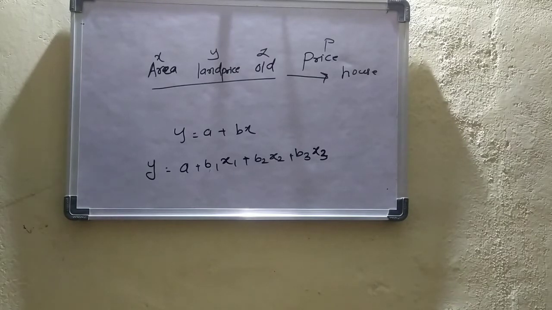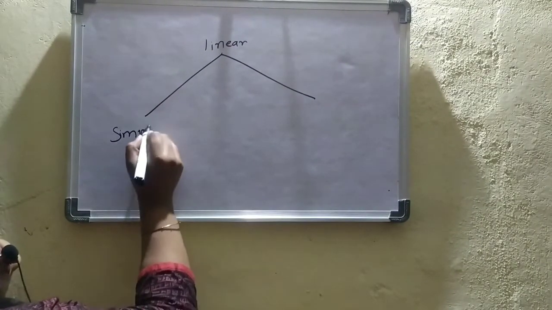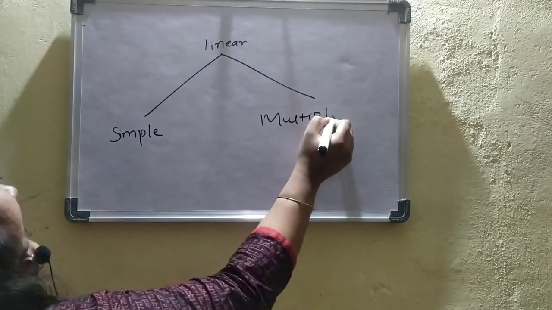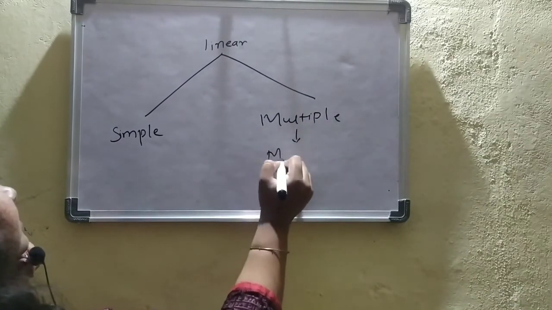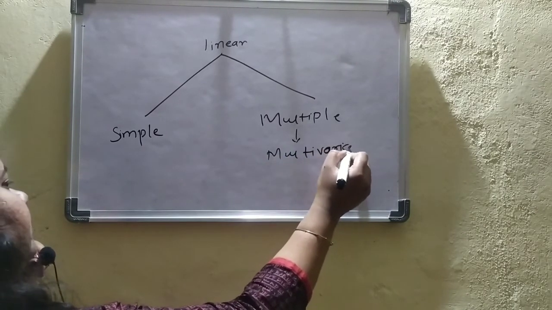So these are the two different formulas when we deal with regression, that is simple linear regression and multiple linear regression, that is multivariate regression. I hope you are clear with the idea of how to calculate simple linear regression. Till now we have seen the categorization of linear regression as simple and multiple. In these types we have seen what simple linear regression is, what multiple linear regression is, and the different formulas used to calculate them.